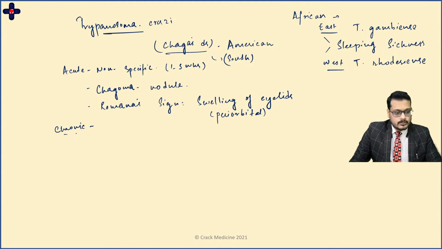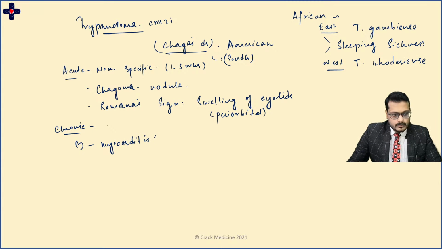dangerous one. So in the chronic infection you can have many complications. The infection lies latent, and after months of infection you can get, let's say in CVS, myocarditis, then you get conduction defects, that is, let's say right bundle branch block, or arrhythmias, or you can also have signs of heart failure.